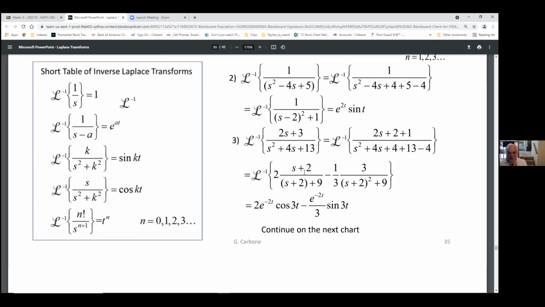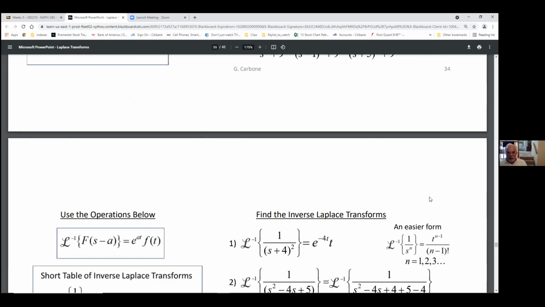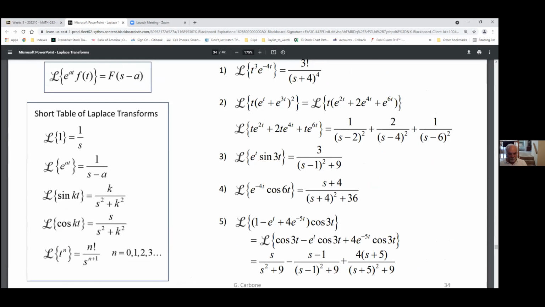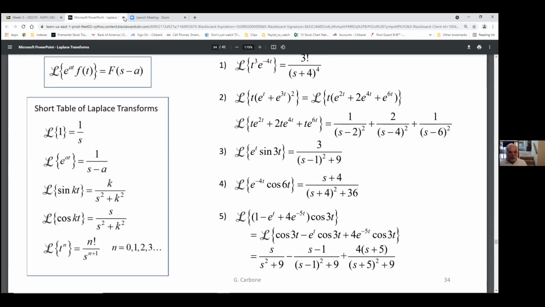From here to here doesn't make sense, but this is right. The bottom answer is right. Okay. I also wanted to show you